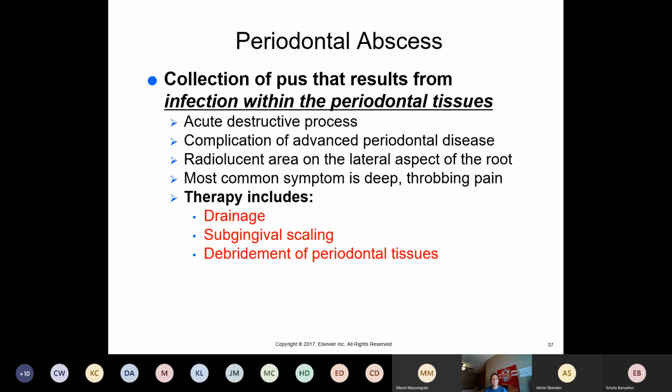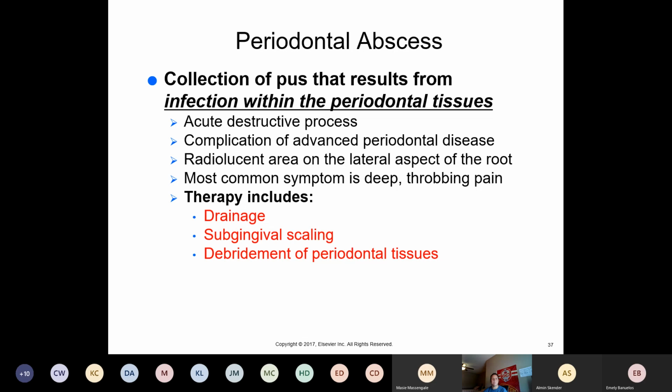If we need to, they can drain it. If there's a lot of infection in there and they have a way, they can drain that out. And we're going to debride those periodontal tissues. Sometimes we'll even try to get them on an antibacterial rinse like chlorhexidine. We'll flush that area out with a Cavitron, scale it to make sure there's nothing down in there